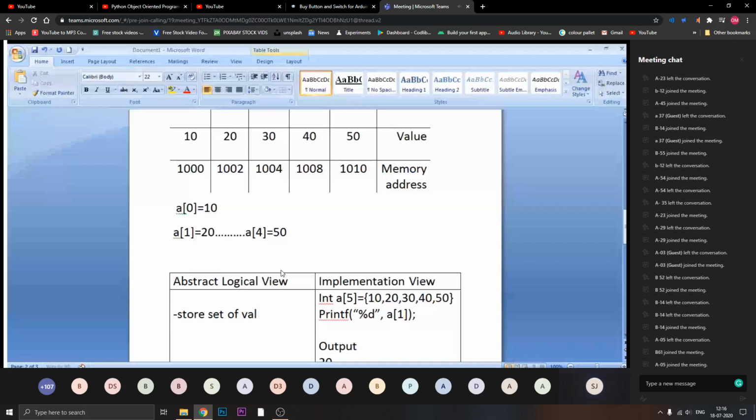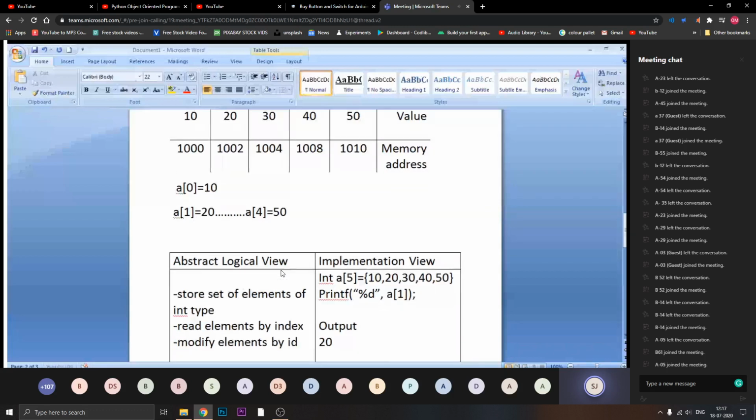Next, because I'm writing printf, I have to write read elements by index. Then if I want to modify it, I have to write modify elements by index. So what can be my operations?